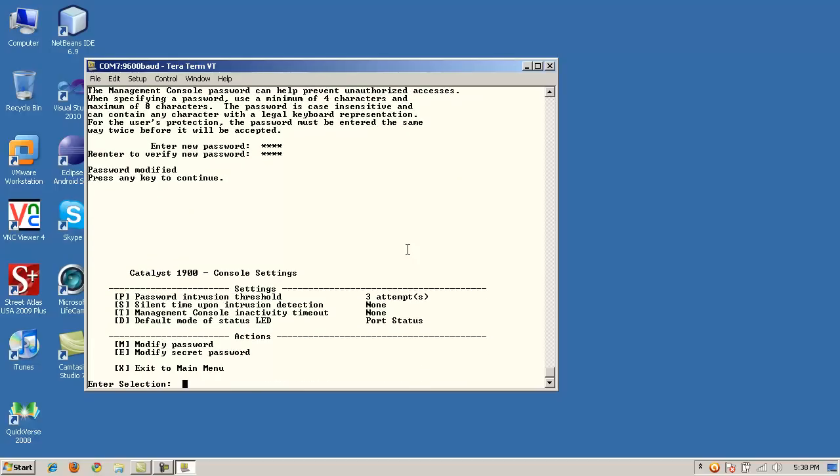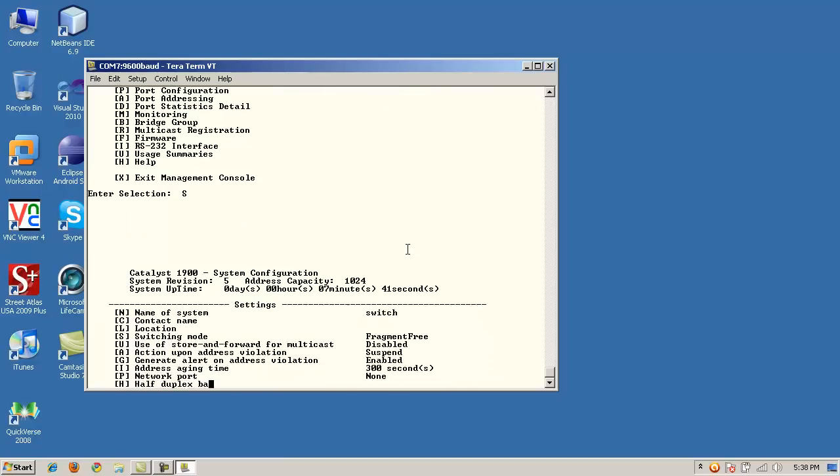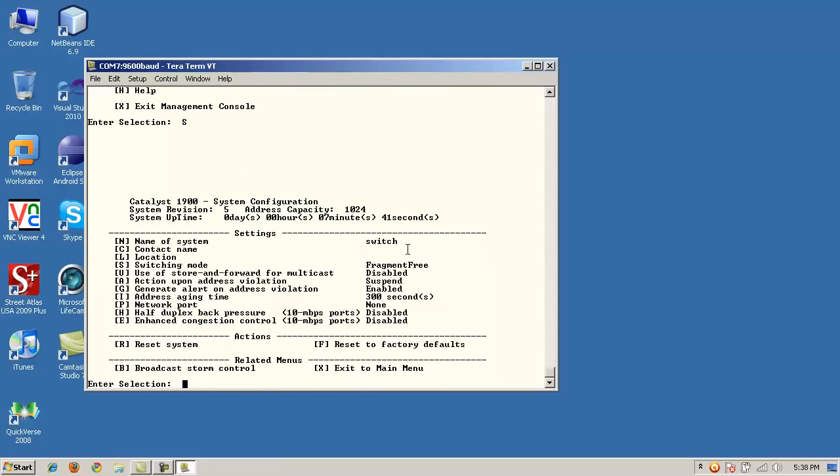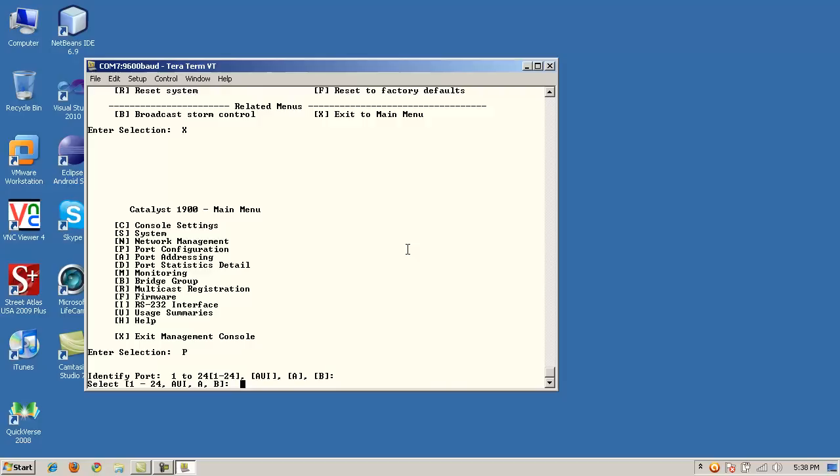And let's see, let's go out to the main menu, and let's look at the system settings. And exit to main menu. And let's look at port